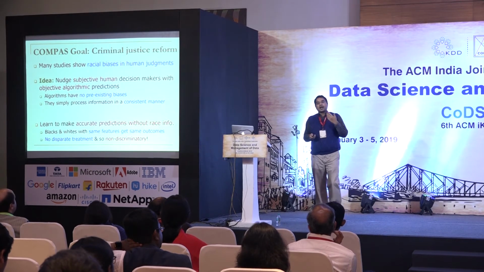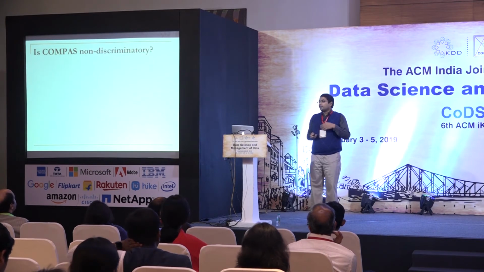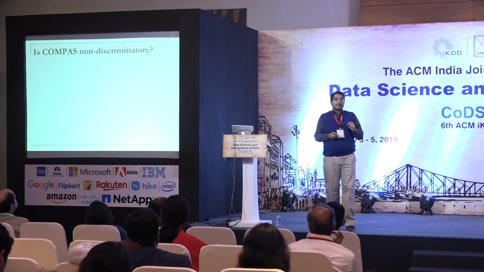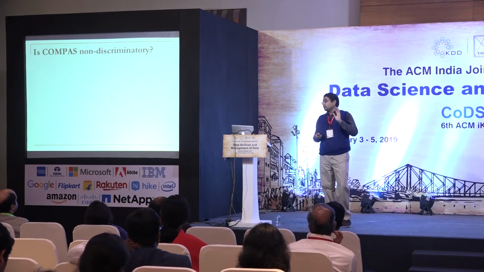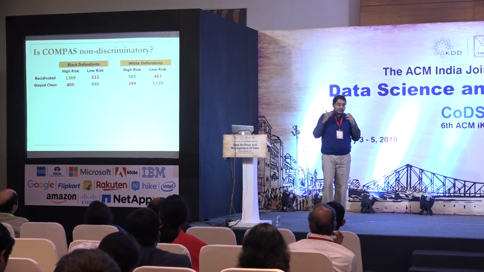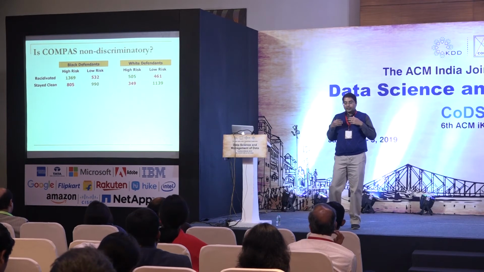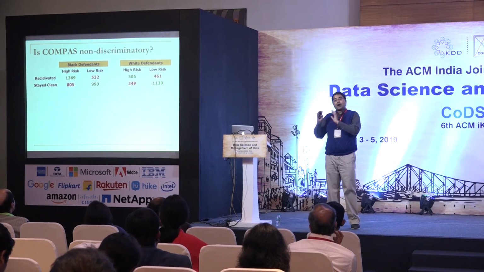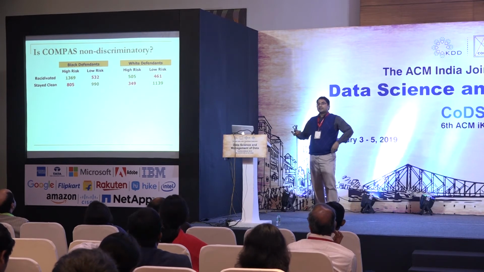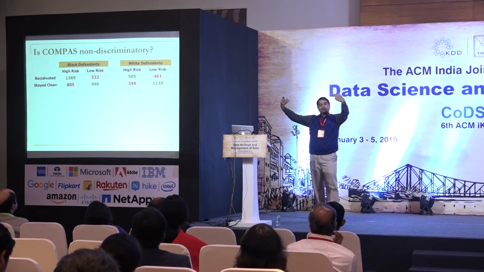And then a couple of years after the tool has been in use, an investigative journalism organization called ProPublica wanted to test this claim. So they wanted to see whether the tool was actually being non-discriminatory. So what they did was they gathered some data about defendants in a county in Florida called Broward County. And they separated out the black defendants and the white defendants, and they created a confusion